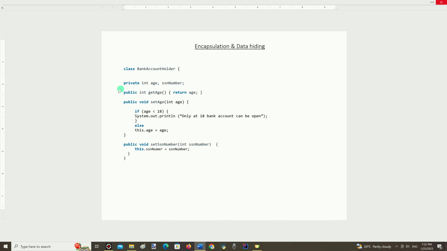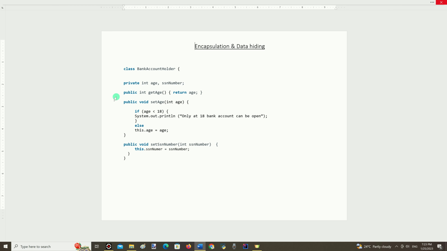For example, a standard get method has the following syntax. The keyword public makes this method visible for all classes in all packages within the project. Next, the data type of the variable we would like to get. Then the word get as the first word in the method name, and the variable name starting with a capital letter as the second part of the method name. Then blank parentheses, and inside the curly braces just the keyword return and the variable name. It is the method for getting access to this variable from outside of the class.